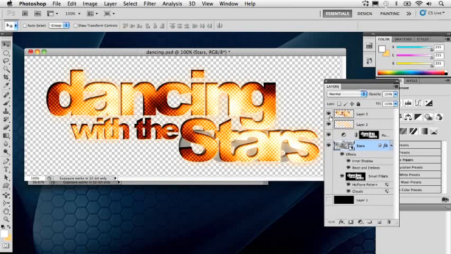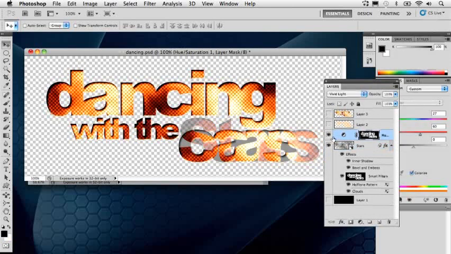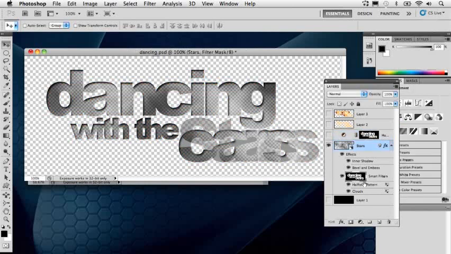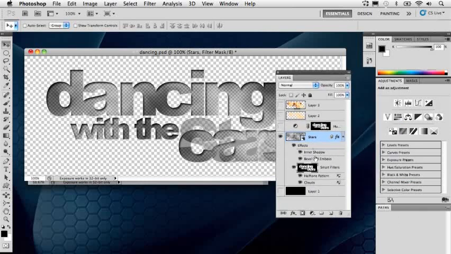Now, of course, we've got some elements in here on layers. We'd have to go in here and make some adjustments to our adjustment layer. But again, you can see how going back and changing the text itself would be easy enough, but you really would have to go back in here and change all those